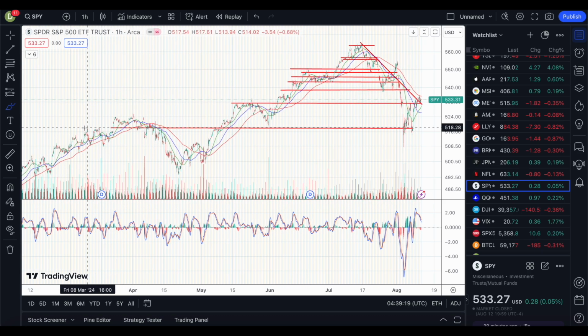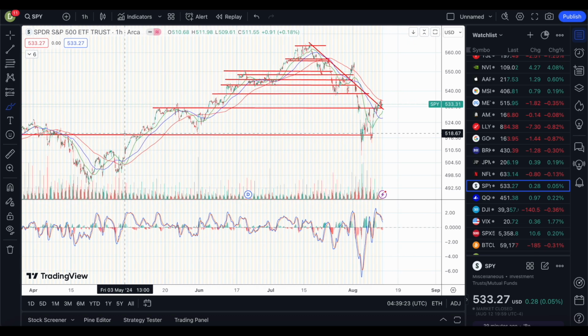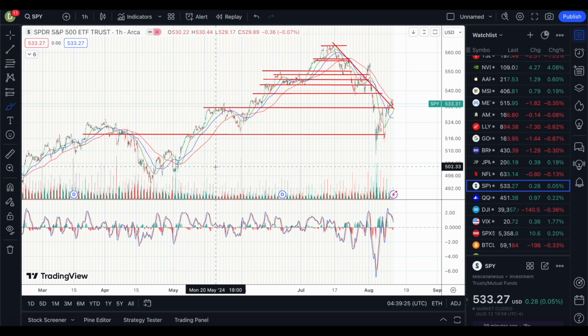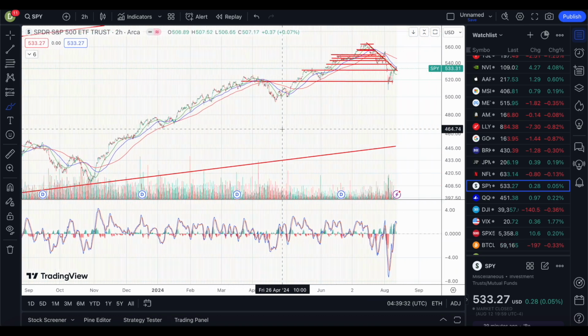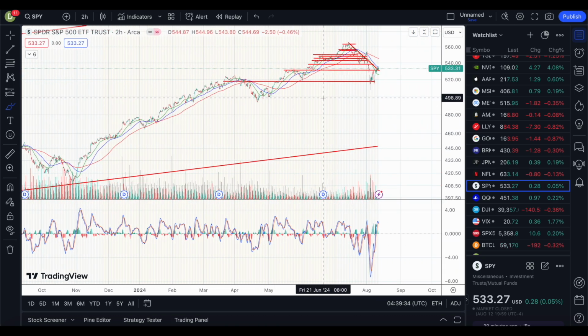And if I extend the line, there's about resistance right about the same price point. So give or take about $517 and $518, so on and so forth within that range. Again, could we go lower? We can. Like I've shown in the previous videos, there is a level of support at the $500 and $499